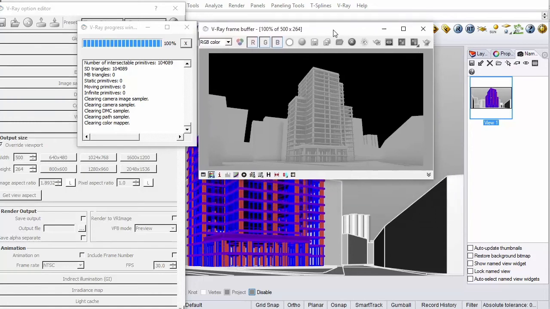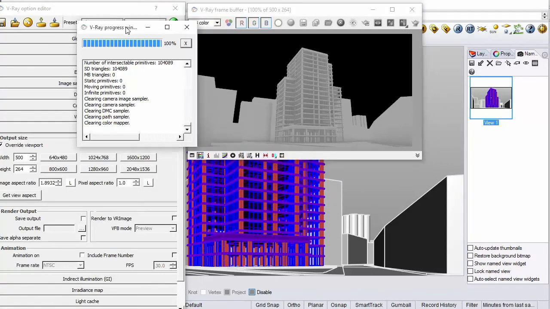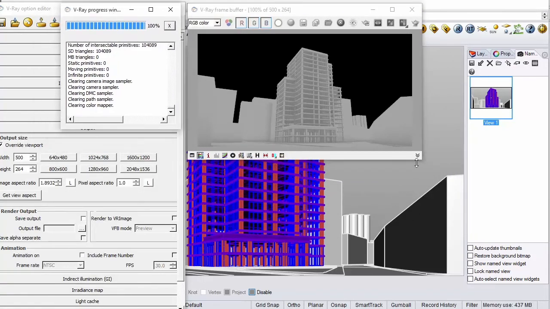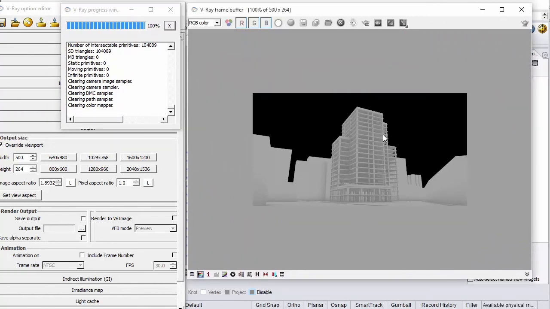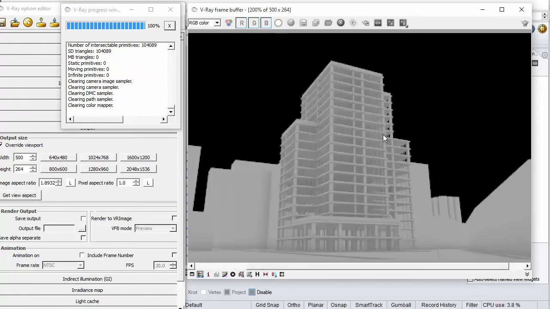Now, what we just went through in this video are basic settings upon which to create a lighting and a materials scheme. So don't worry if this looks really plain. This is just the basic settings to get something working for us. In the next few videos, we're going to add an environment, we're going to add materials, and we're going to correct the camera settings so that they match what's happening in Rhino perfectly.